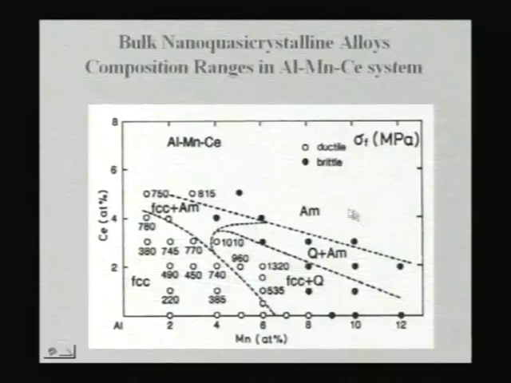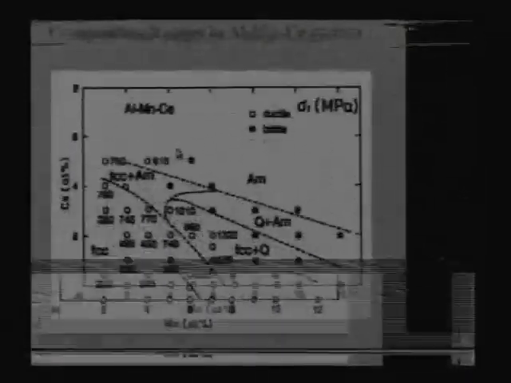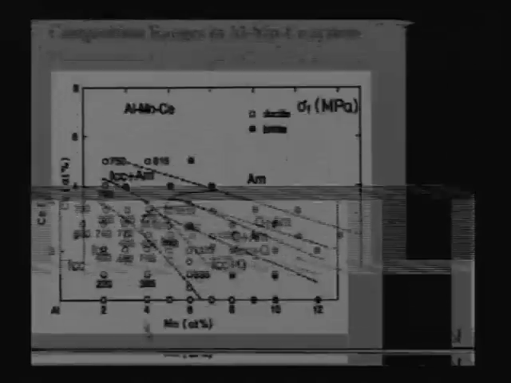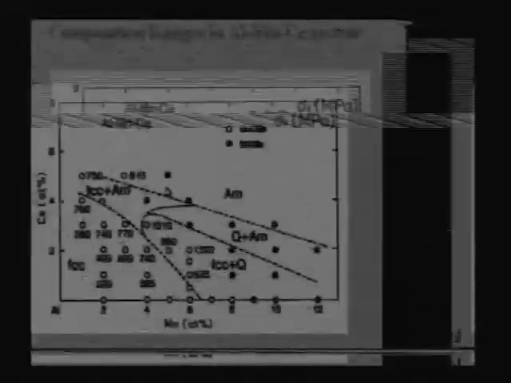For example, here if you have a high amount of cerium and manganese, you get a completely amorphous phase. That means beyond this dotted line you get amorphous phase. You can have a quasicrystal plus amorphous combination, an FCC aluminum plus quasicrystal combination, or an FCC aluminum plus amorphous combination by choosing the proper composition. So depending on the choice of the composition, one can achieve various microstructures like this, and